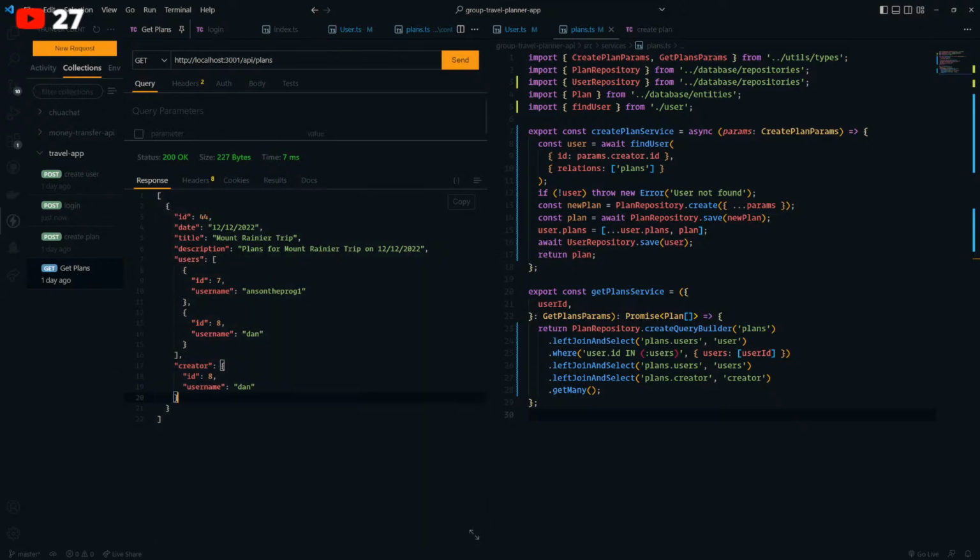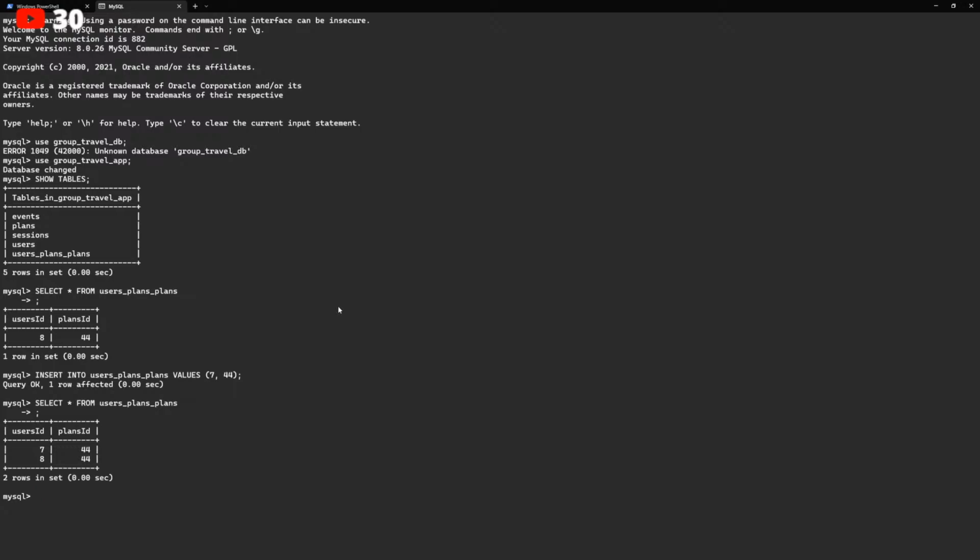So with some filtering, I can filter out plans that I created. This is a very similar concept to what we did for the backend when we built the chat application. A lot of the knowledge that we learned from the chat application, we applied here. The reason I mention this is because, like I said, you just need to build projects, right?